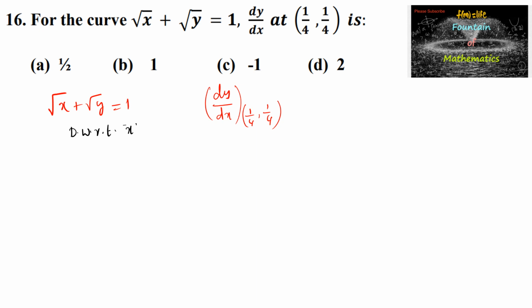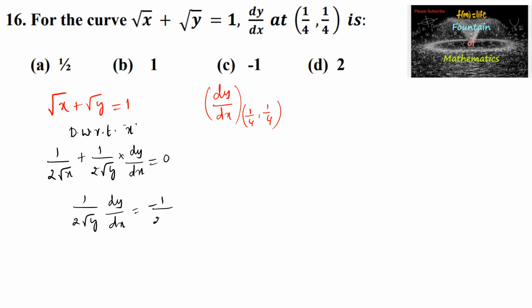Differentiating with respect to x, d by dx of root x is 1 by 2 root x, and again d by dx of root y is 1 by 2 root y into dy by dx, which is equal to 0. Or we can write 1 by 2 root y dy by dx is equal to minus 1 by 2 root x, or dy by dx is equal to minus 2 root y divided by 2 root x,